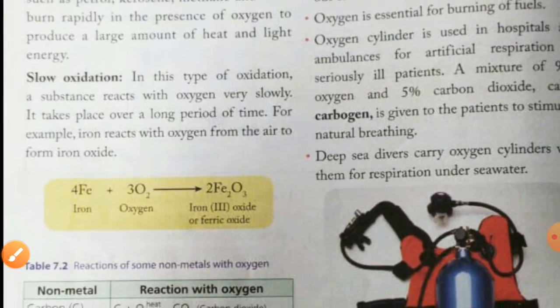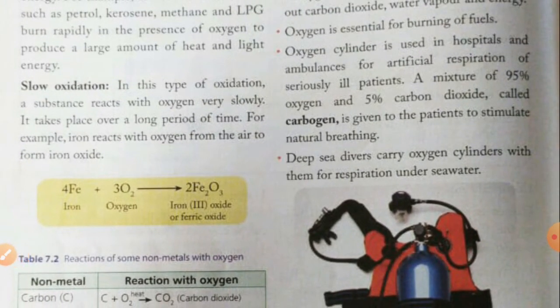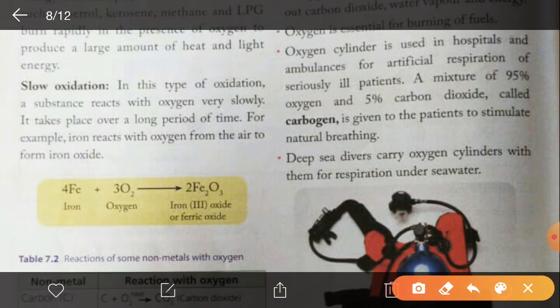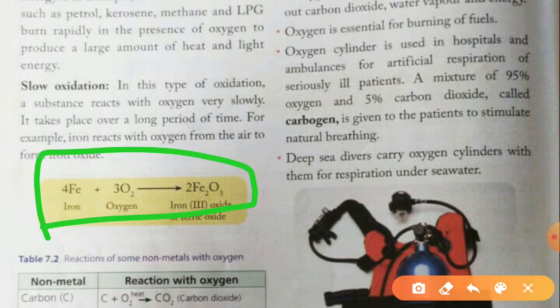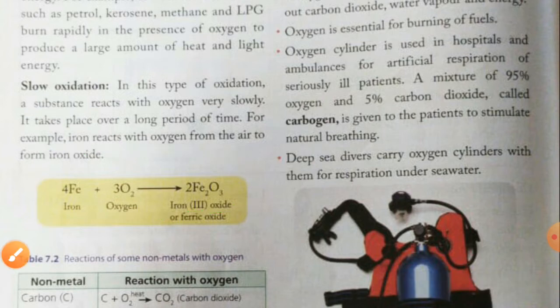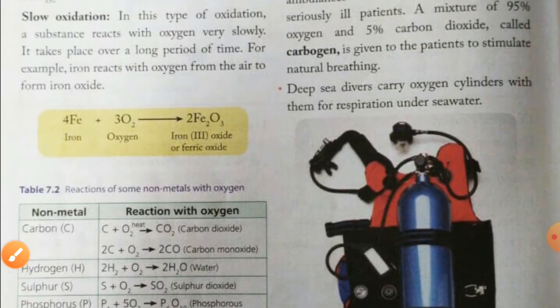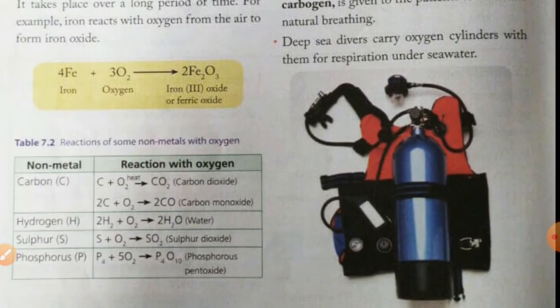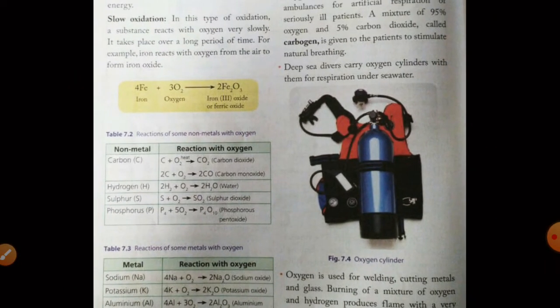And what is slow oxidation? The reaction which is very slow. Sometimes it takes one day, two days, three days, sometimes a month to oxidize. Just like in the case of iron, you have seen iron gets rust. A brownish layer appears on iron metal when it is left outside in open air. So iron shows very slow oxidation. The equation is given here: 4Fe plus 3O2 gives 2Fe2O3, iron(III) oxide. So this was all about slow oxidation. We have learned about three types of oxidation: spontaneous, rapid, and slow oxidation.